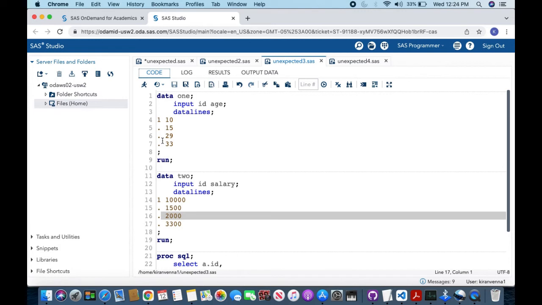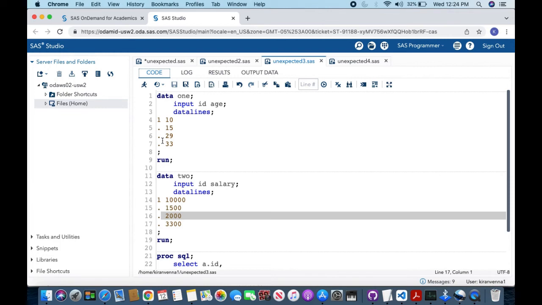Say one of your data sets has 1,000 missing values and the other data set has another 1,000 missing values, you are going to get a million records just like that. What happens if there are 100,000 missing records in one table and 100,000 missing records in another table? You can imagine it's going to create a huge data set which probably is useless.